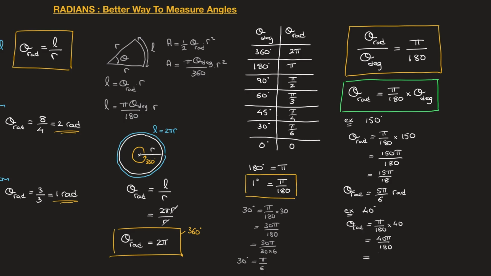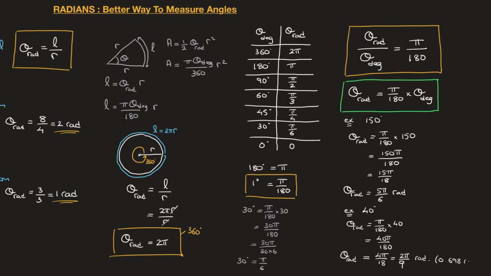So that's equal to 4 pi over 18, which I can still simplify further to state that that's equal to 2 pi over 9. And we're done. 40 degrees corresponds to 2 pi over 9, or 2/9 of pi radians. And I should say at times we won't have to write our answers in terms of pi. Indeed, with a calculator and rounding to 3 significant figures, 2 pi over 9 would be